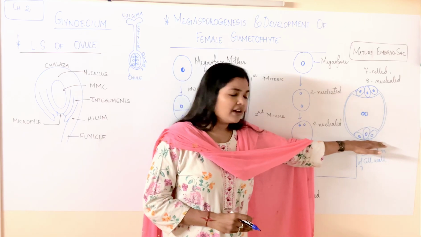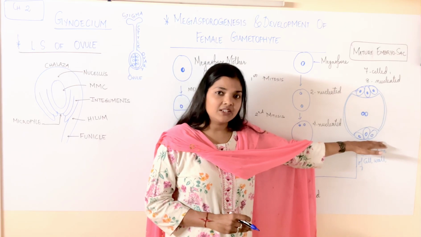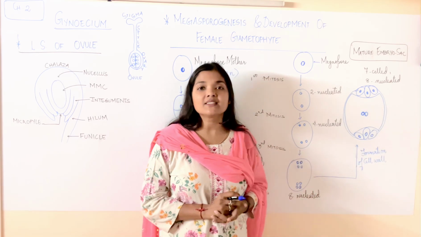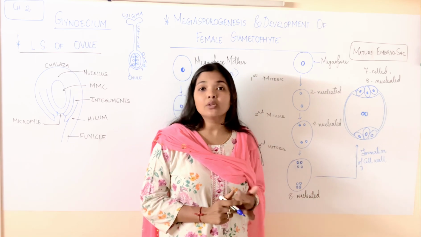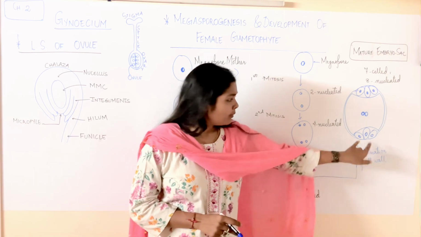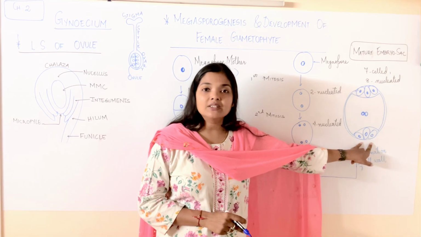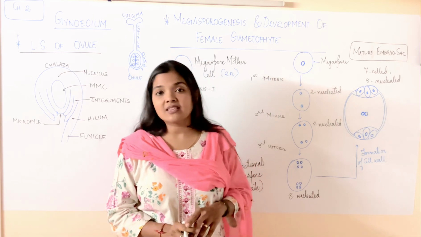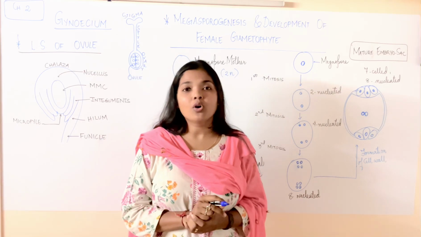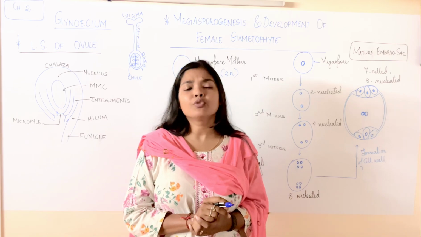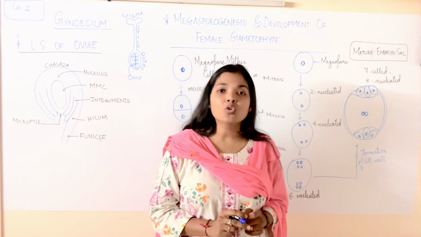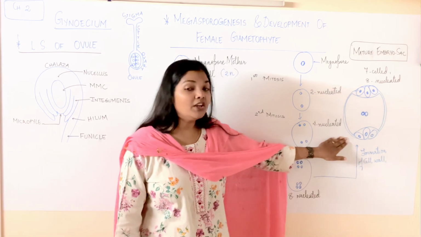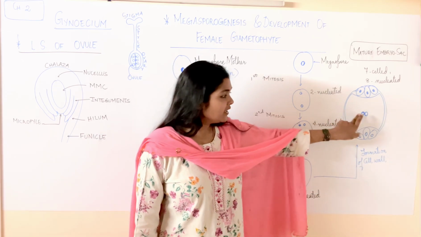At the micropylar end, again 3 cells are seen, of which to the center, the cell which is seen is called as the egg cell. This is going to form the female gamete. Besides that, there are 2 other cells. They are called as the synergids. So the egg cell remains surrounded by 2 synergids on either side. These synergids would be provided with a connective tissue called as filiform apparatus, which helps in further guiding the pollen tube towards the gametes.